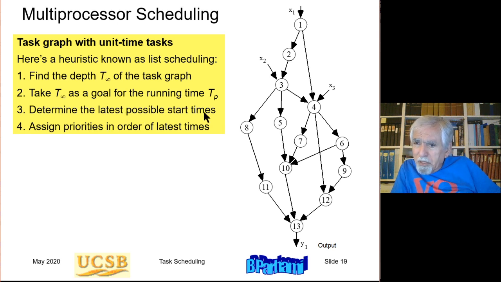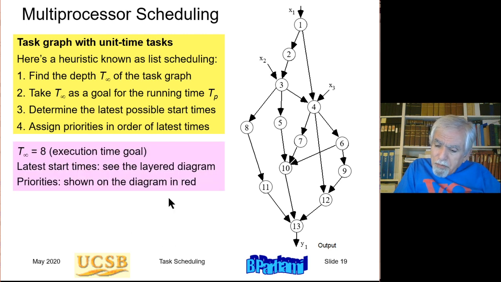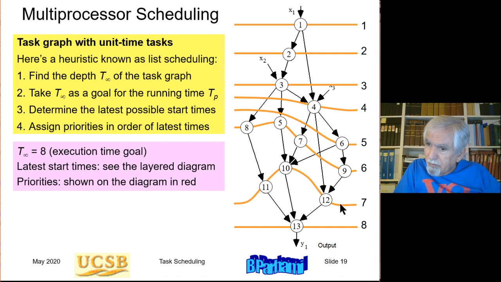Determine the latest possible start times for the tasks. Okay, if I need to execute this task graph in 8 time units, then this has to be done at time unit 8. Therefore, I have to start it at time unit 8. So the latest possible start time for that is time unit 8. Now, the tasks that are prerequisites for this one must start by time unit 7, because if I execute these by time unit 7, then this one can be completed in time unit 8. All the prerequisites of these tasks,